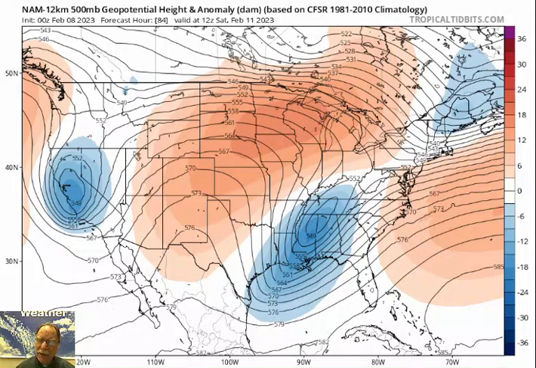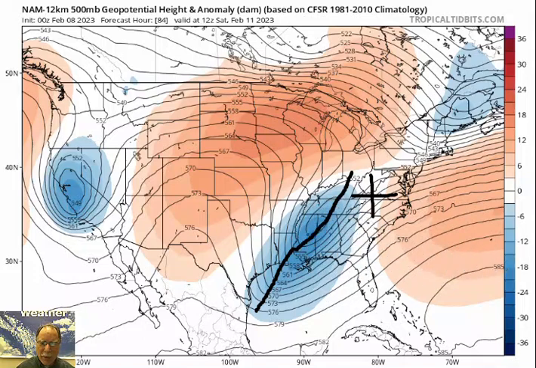First thing I want to look at, and I'll focus in on this over the next couple of days, is the orientation and the exact positioning of that upper level wave of energy. What we're looking at here is from the 0Z run of the NAM model, 500 millibar height anomalies for Saturday morning. This is the 84-hour forecast from last night's run of the NAM. And notice the orientation, first of all, extends from the northeast to the southwest. This is what we call a positively tilted trough axis, and it's kind of centered over the Tennessee Valley.